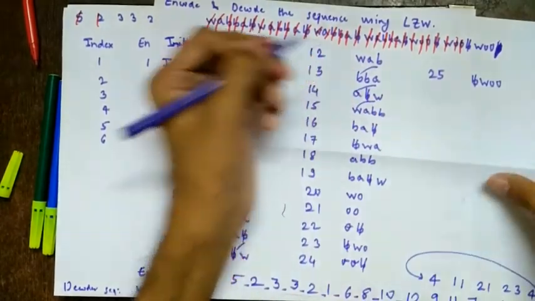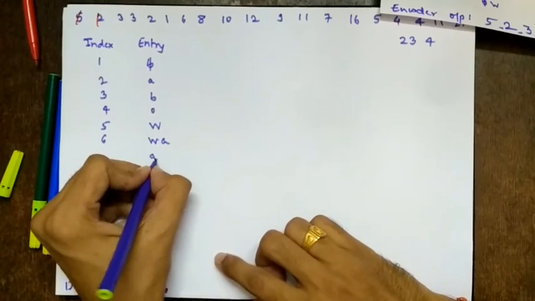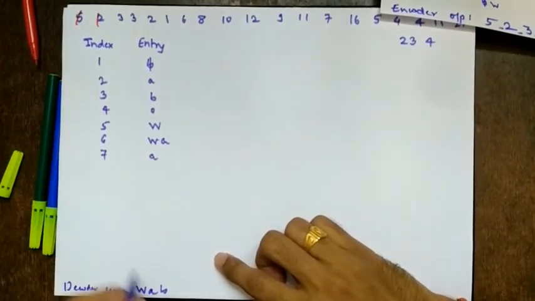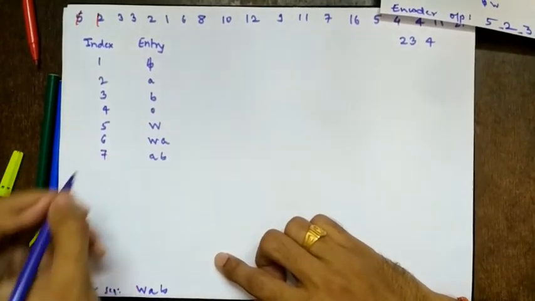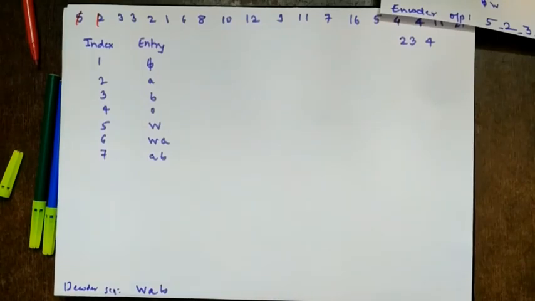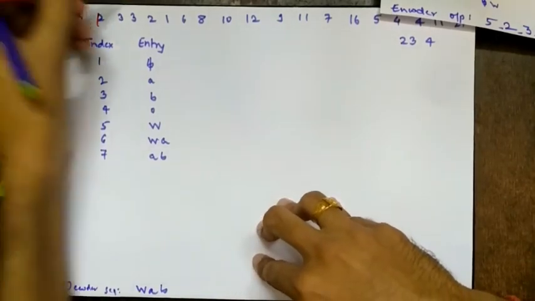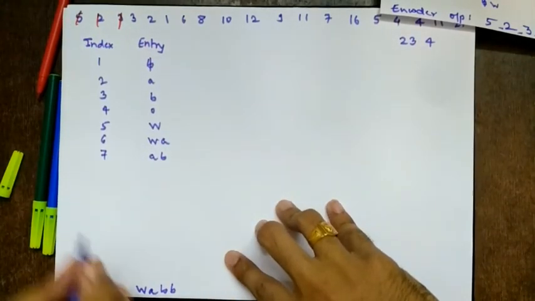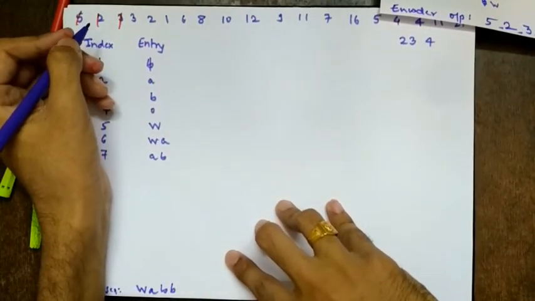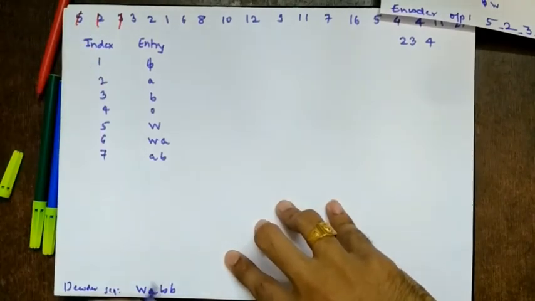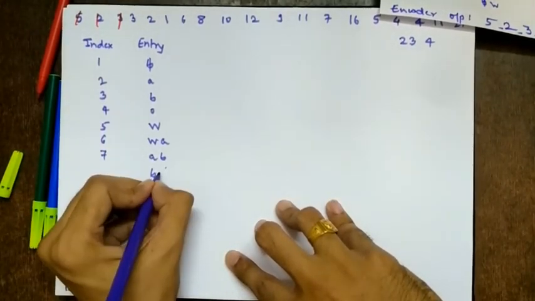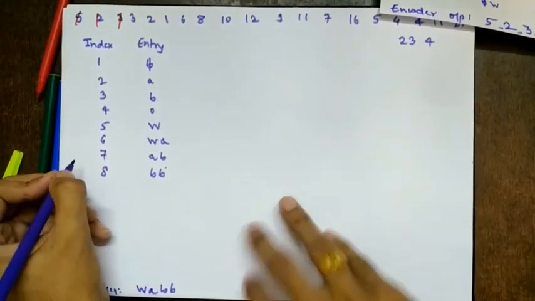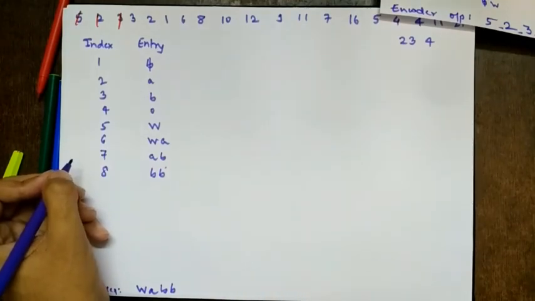This is the way we have encoded. So in the same way, I will have after this A, and that will be entry 17. So after A, I have B. So this will be B. That will be my 7th entry, right? So I have decoded 3. Then again I have 3. So for 3 again I'll write B, right? So then what do I get? So this B will come here, and what I have decoded is B. So this will become BB, right?